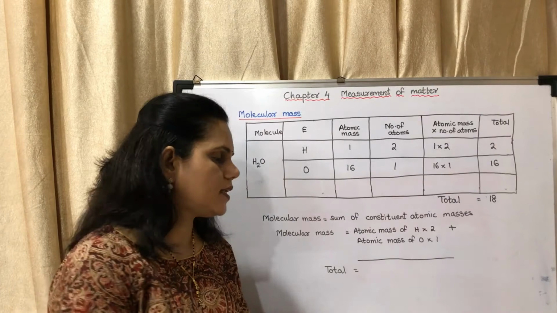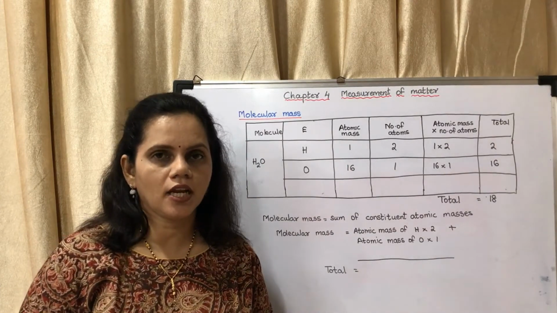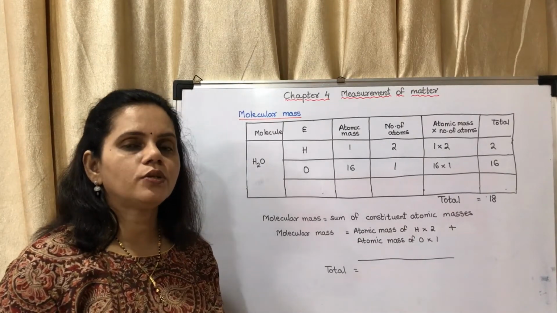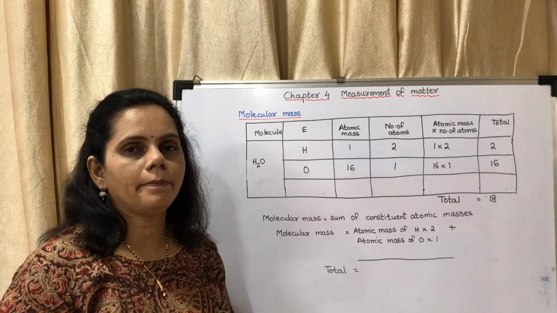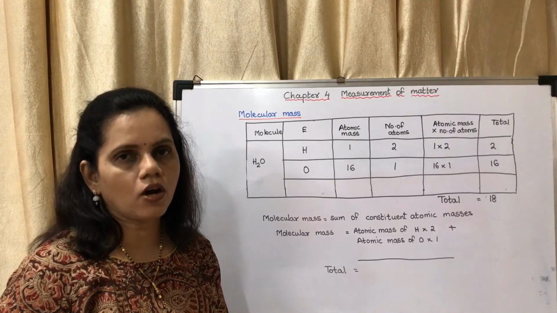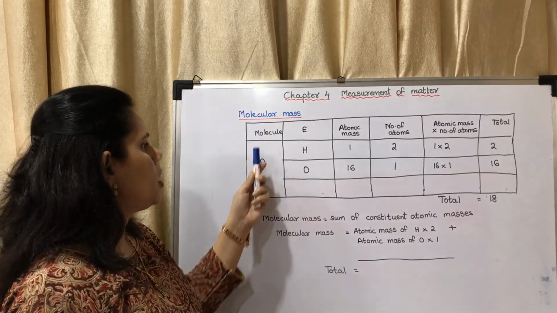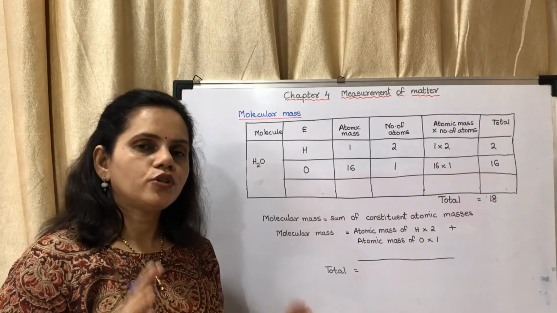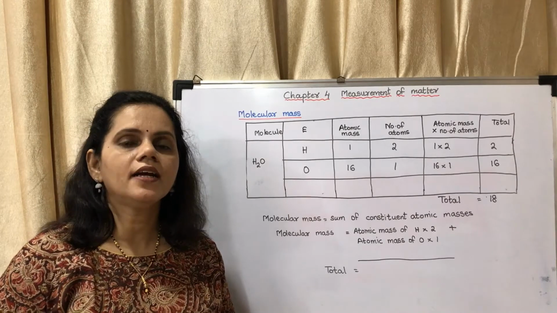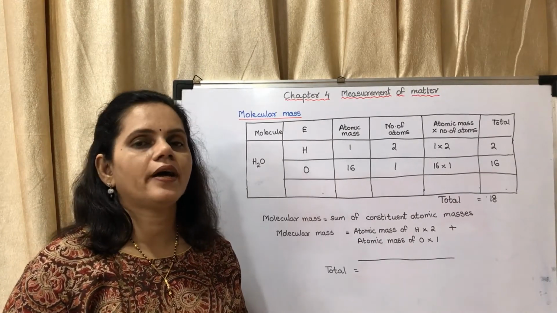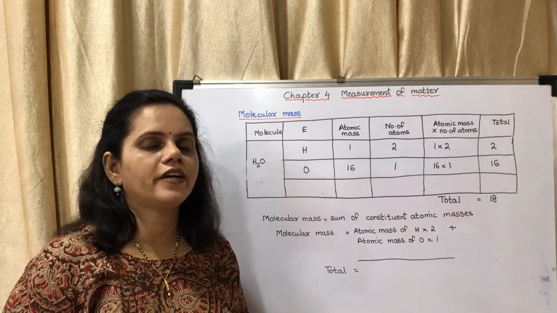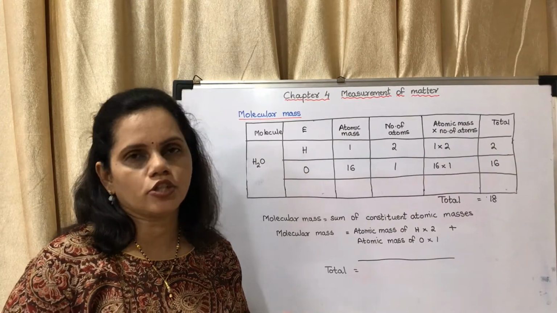Now they have given an example of how to calculate molecular mass. Here I have drawn the table. You can be asked to do the table method or the written method also. We will see the molecule of water. Now, you should learn the atomic masses of some elements. It is given on page number 51. You have to learn the atomic masses of those elements. Sometimes they give you the values of atomic masses, sometimes they don't, so you should be ready.